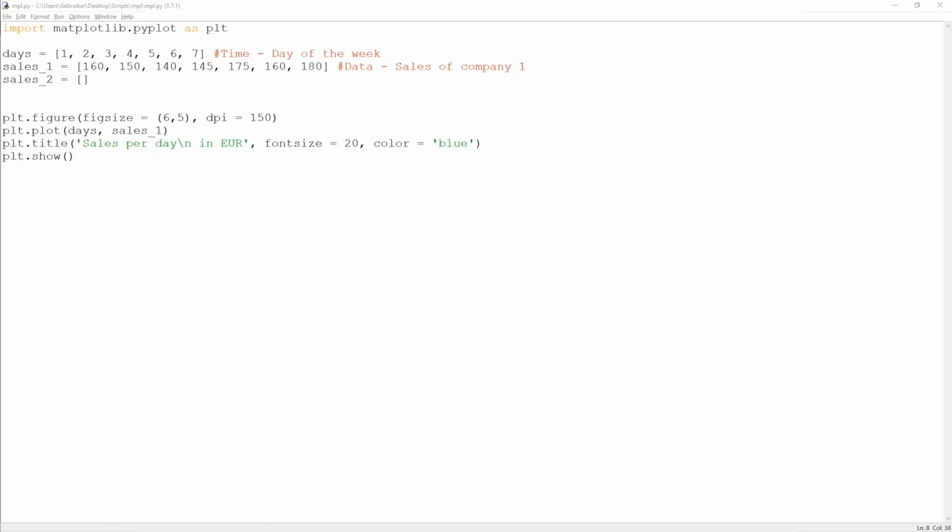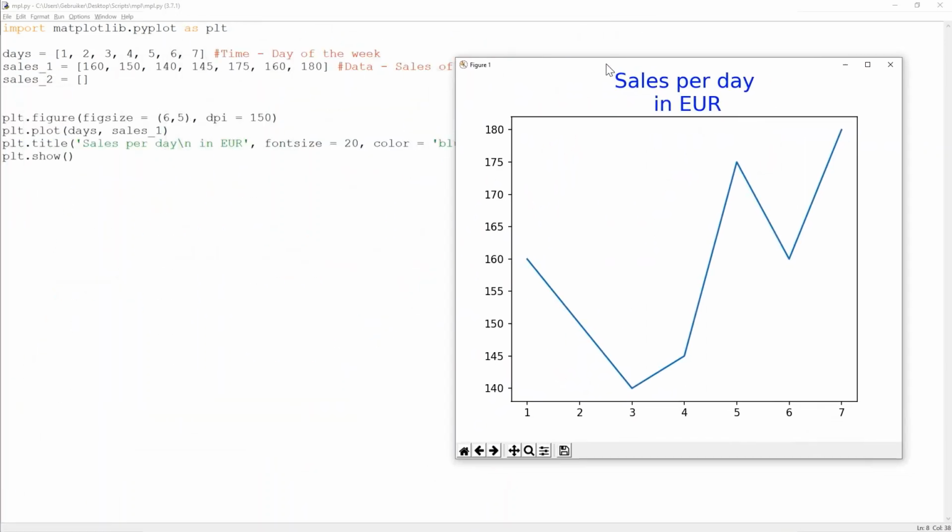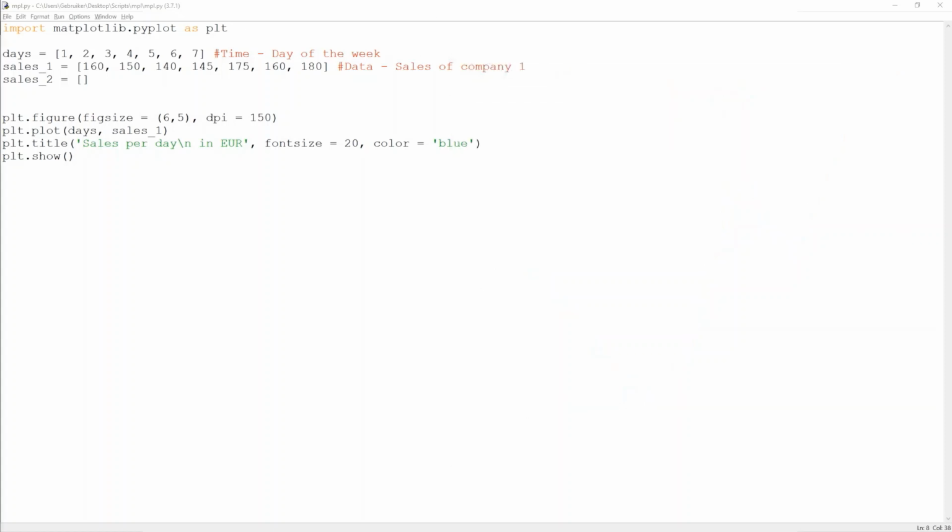So I'm going to print this, and as you can see, our figure has increased significantly compared to the default, and we can also read the title much better than before. And I'm going to stick with this one for the rest of the tutorial because, well, it's quite easy to see what's on it. Now let's add the X and Y labels, and the way we do that is, well,